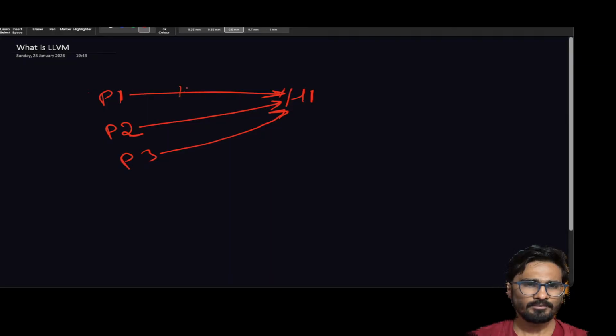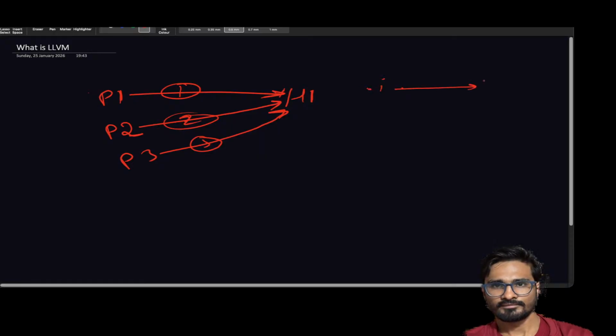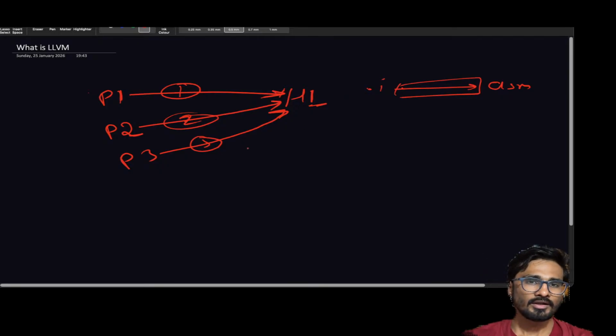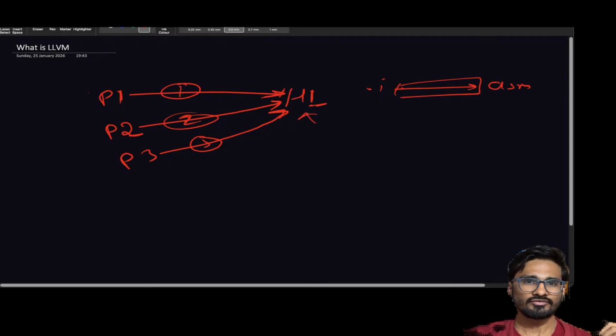So how many compilers am I writing? One, two, three. When I say how many compilers we are writing, it simply means we take the source, we take the .i file, and from there we generate the assembly code which the hardware understands. That is the role of the 1, 2, 3 I mentioned. Now let us change the scenario. Now our hardware got an upgrade, so from H1 we need a new hardware. A new hardware H2 came.